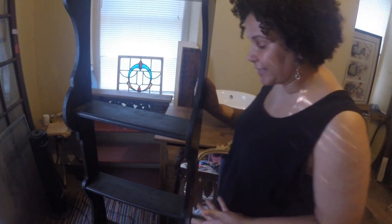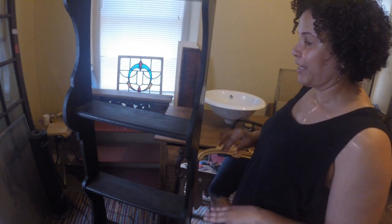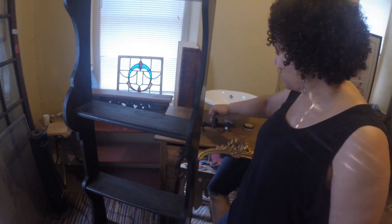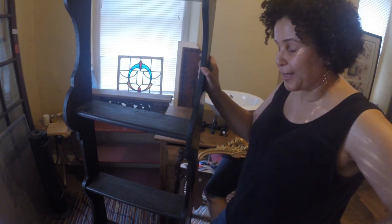I'm hoping that I get to take out the radiator and use this in the bathroom. I think everything together is just going to look killer. I've got the matte black hardware, the finishes here for the faucet, and also in the tub and the shower head and all that. And